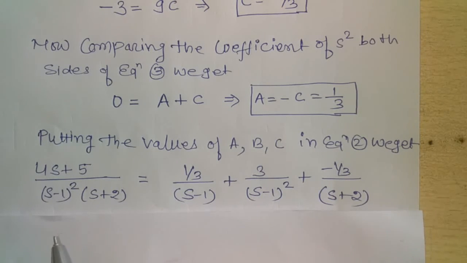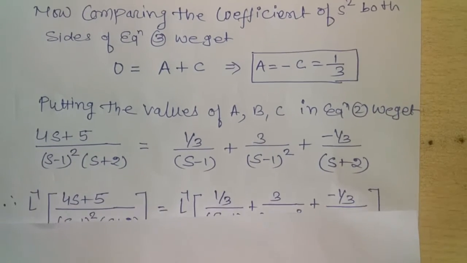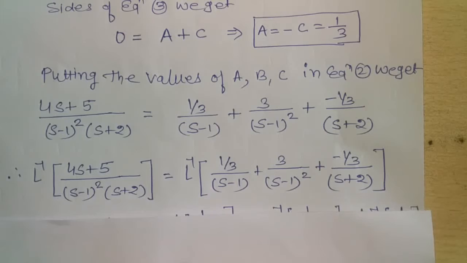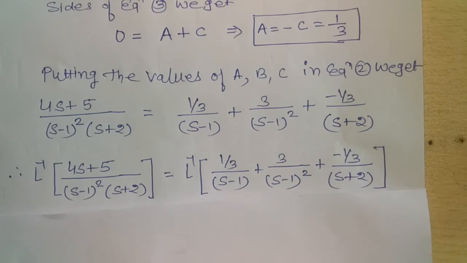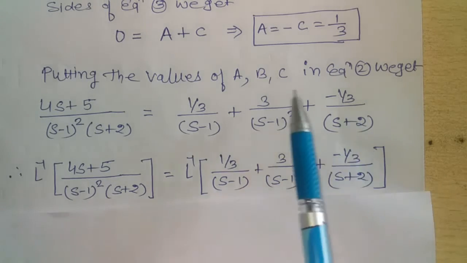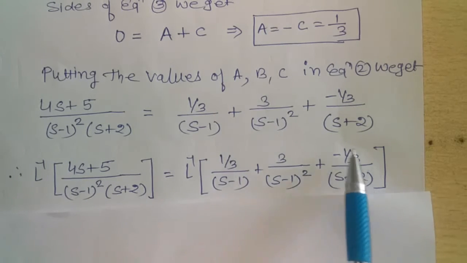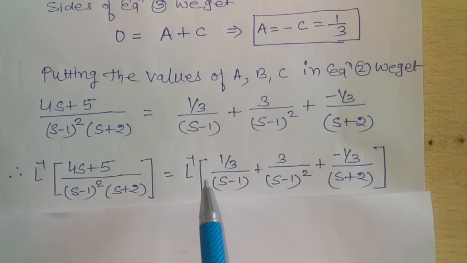Now we take the inverse Laplace transform on both sides. We get inverse Laplace transform of (4s plus 5) upon (s minus 1) whole square into (s plus 2) is equal to the inverse Laplace transform of this partial fraction. Here we apply the linear property of the inverse Laplace transform, which gives